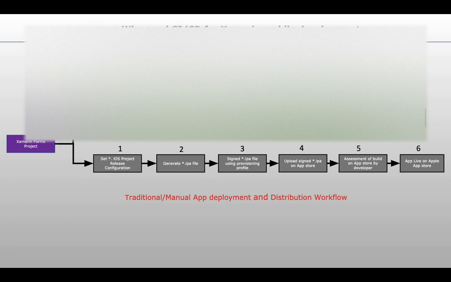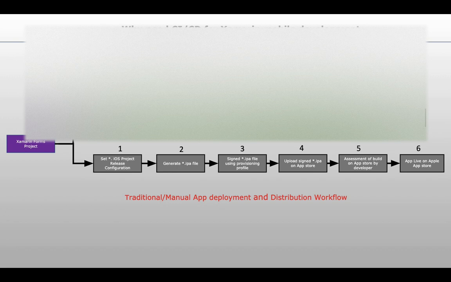Similarly for iOS, this is the additional step besides your creation of certificates, app ID, and provisioning profile installation and downloading. I did not include those steps, although those are one-time setup steps, but still that's required.